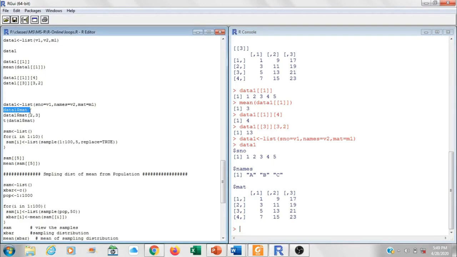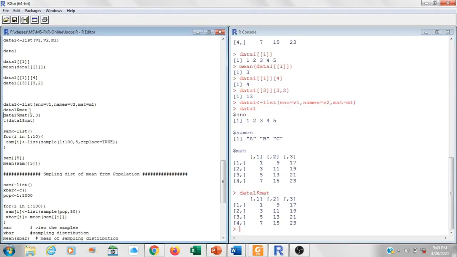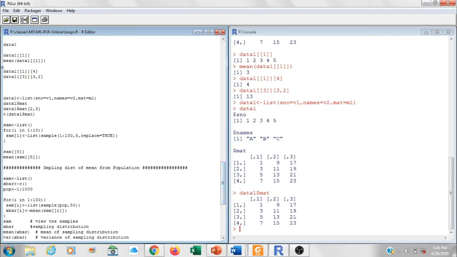Mat was the name given to the matrix. So Control R, and as you can see, data1 was the list name, $, and mat was the name of the element. So I can extract a certain element of the list by using the $. Now this was another example.